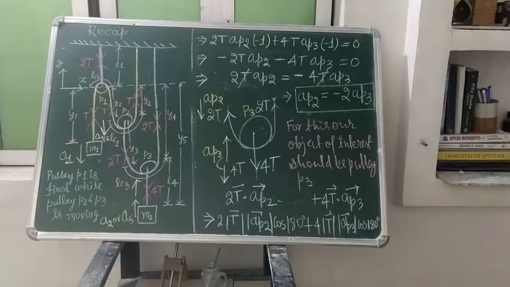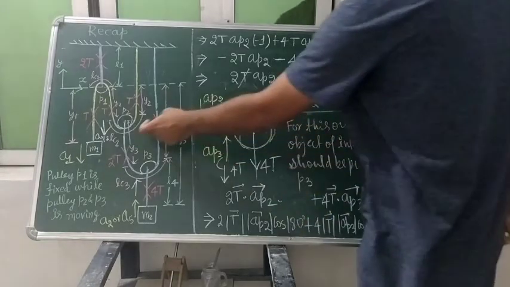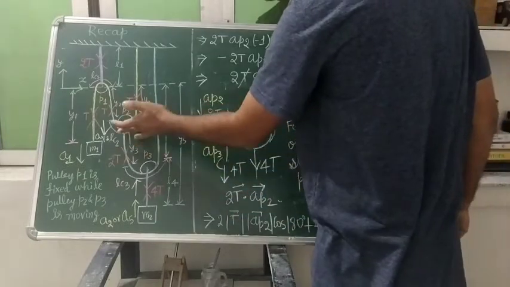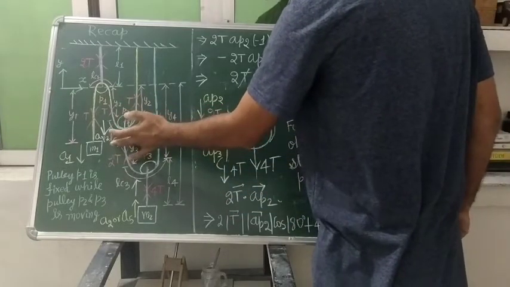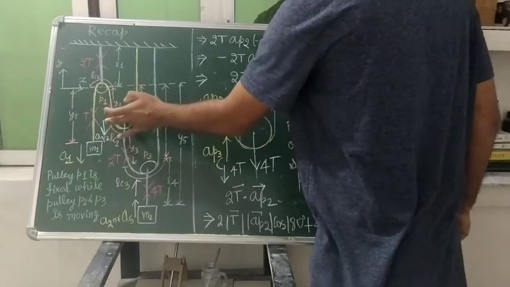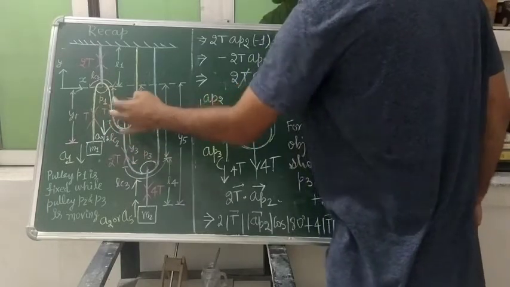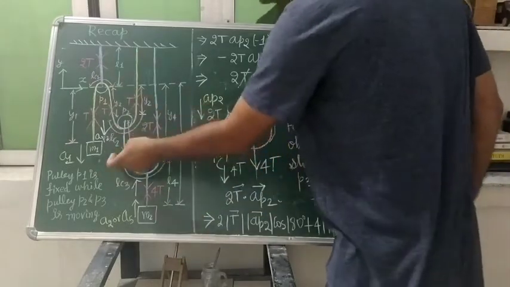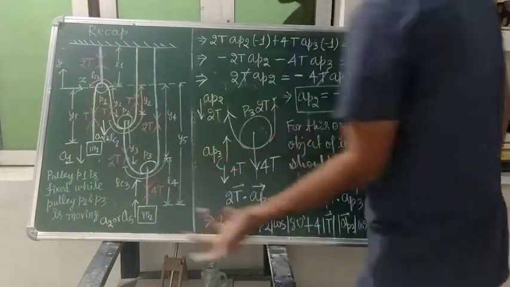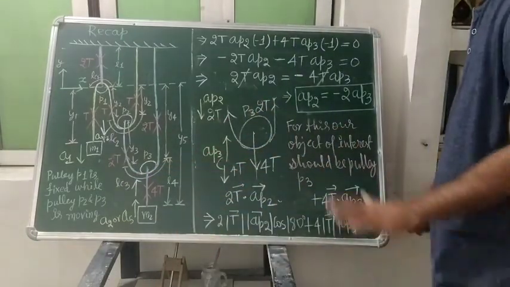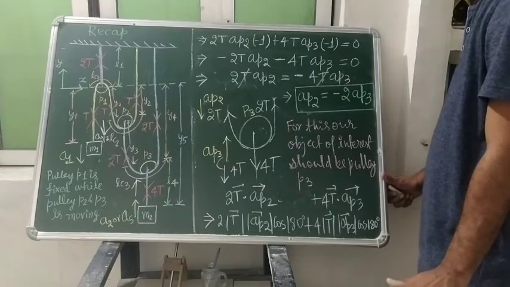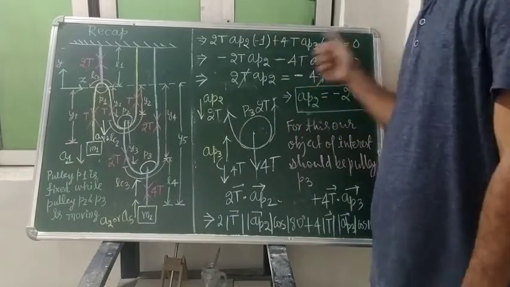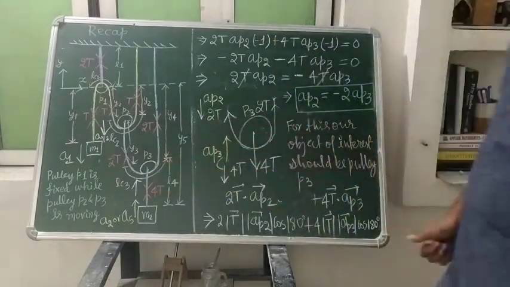And of course, student, now when you select this object of interest P2, you will look that for the object of interest P2, here you will select the total tension 2T for this acceleration of this pulley P2, and for this pulley P3 you will assume 2T tension, but the net tension acting here is what? 4T. So this thing now you will keep in your mind. So for this our object of interest will become P3. So I can write up to you.